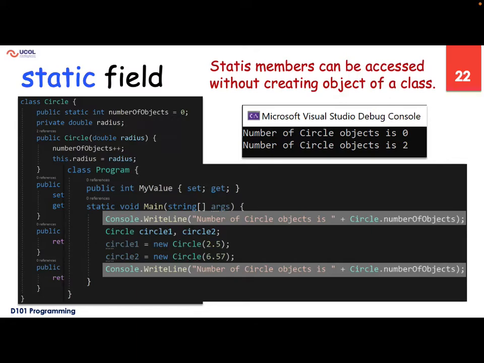So static members of a class can be accessed without creating the object. You can see it's clearly visible from the first line of the main method, Circle dot number of objects. We have not created any object of the class. We say this is a static field and we initialize it with the 0 value, so the 0 will be there. The common memory, or the static memory,